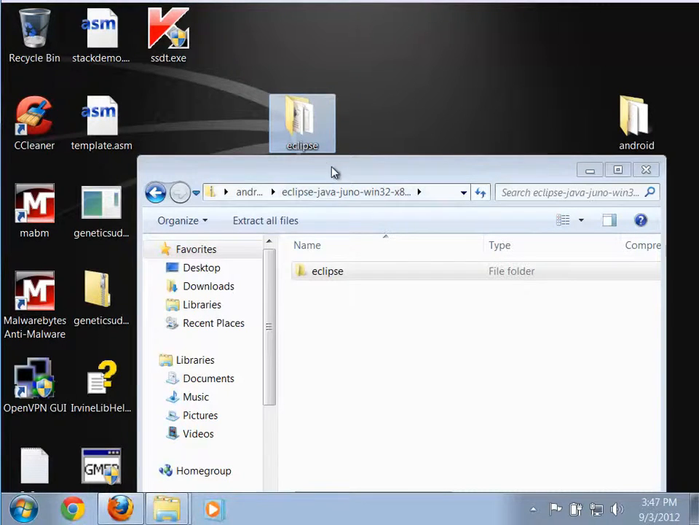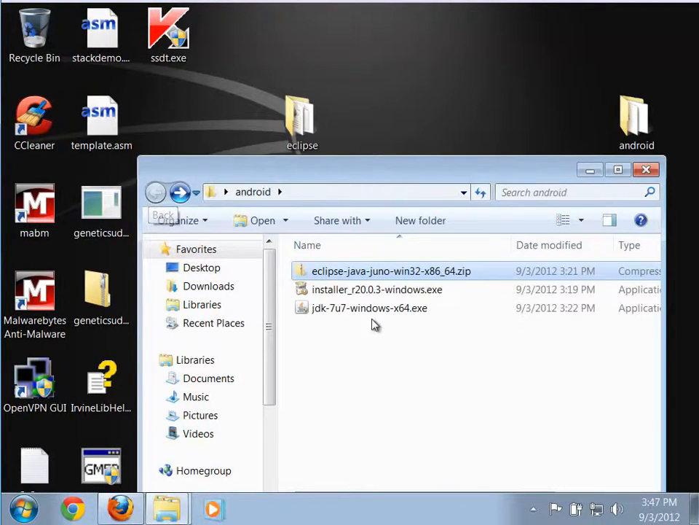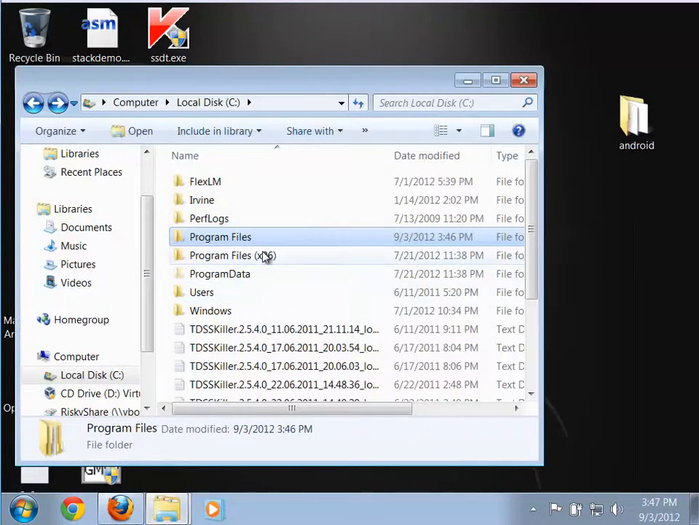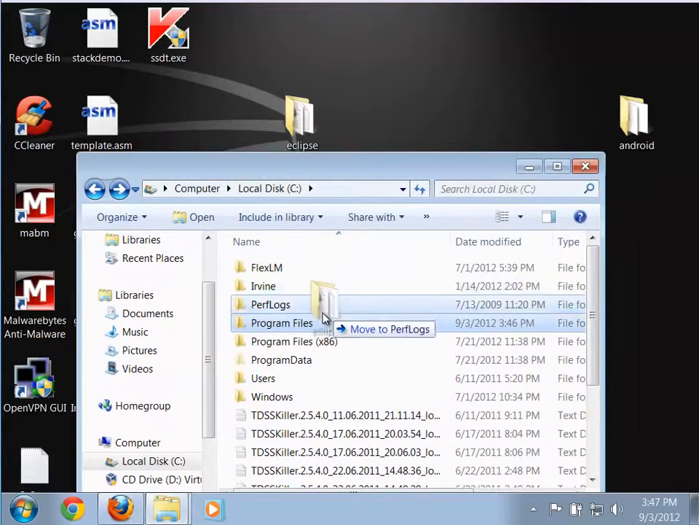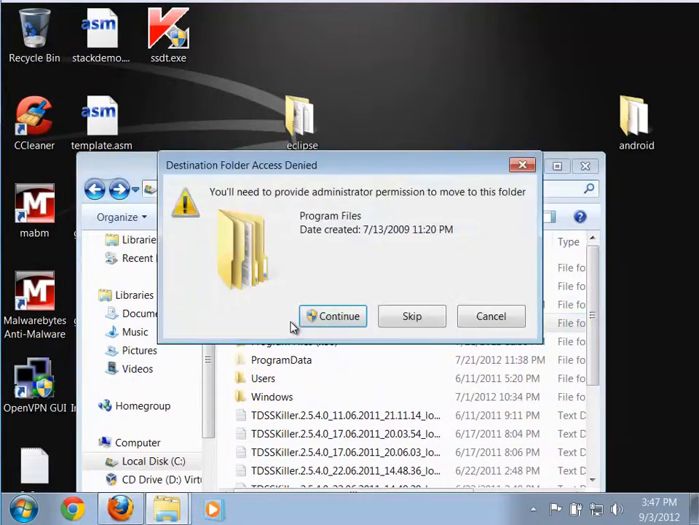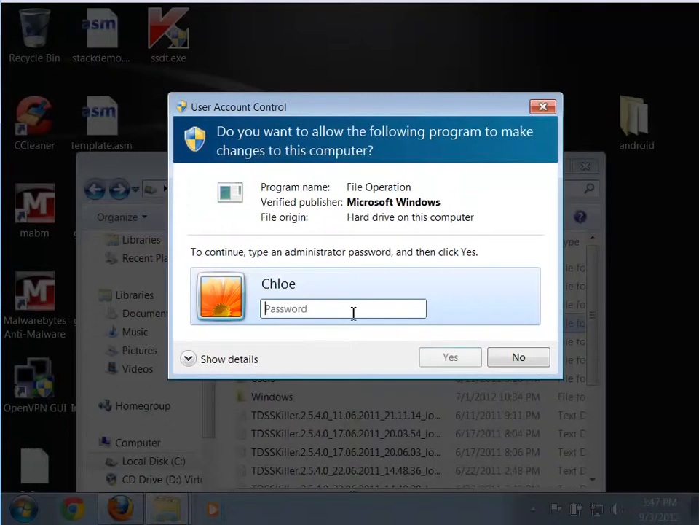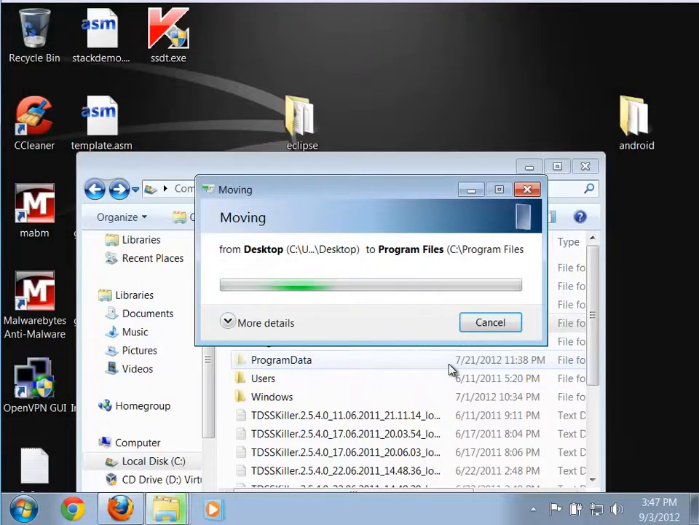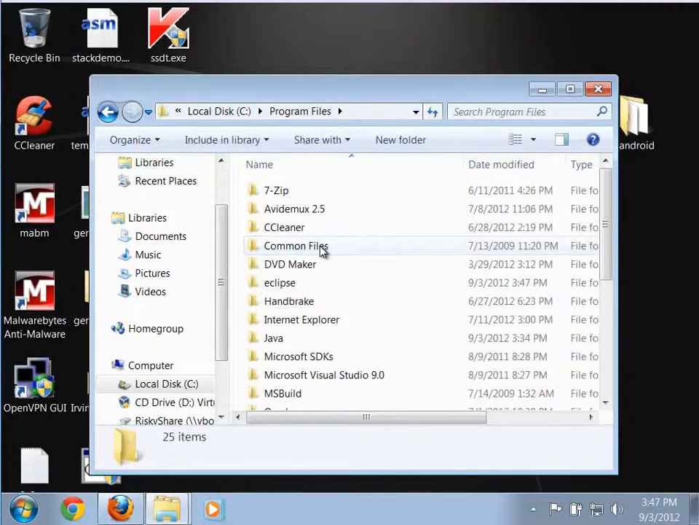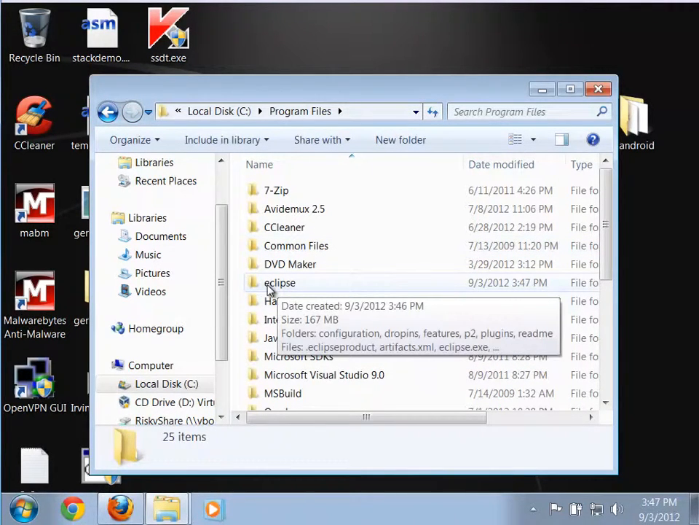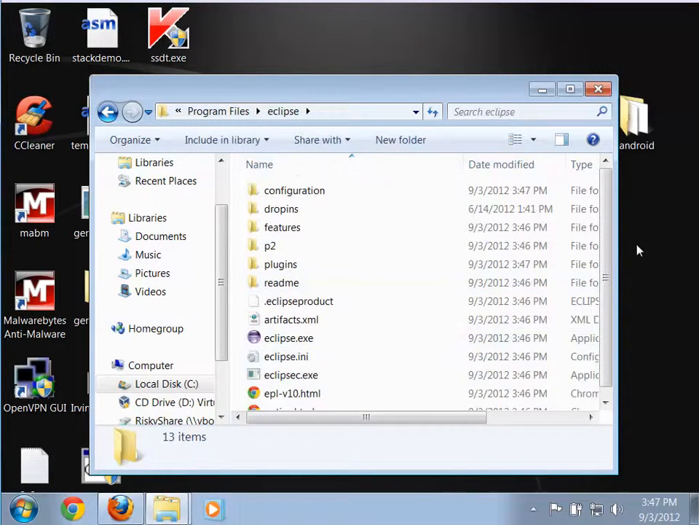All right, once that's done, let me just back this up to there. I'll still keep this open, just minimize that. I'm going to want to go back to C. There's my program files directory, and I'm just going to drag Eclipse down into the program files folder. Yes, I want to do that. And it's moving it right into there. Okay, so if I go in here and check, there's the actual Eclipse folder itself,